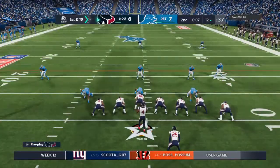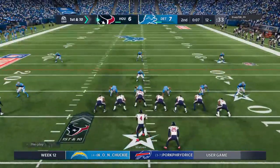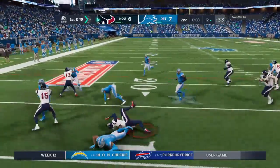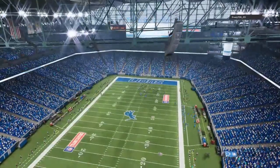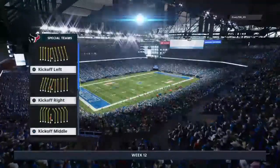And control of the football switching hands with very little time remaining until the half. They'll indeed try to run it out as they start on the ground. And he'll just push his way forward for a few as the clock will run. So we're at halftime here in the annual Thanksgiving game in Detroit as we send you down to Orlando where